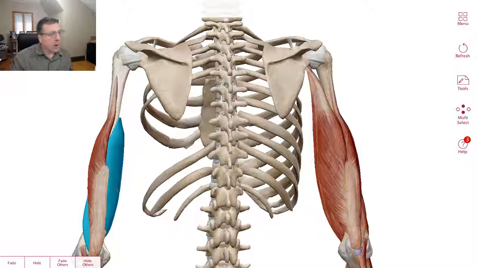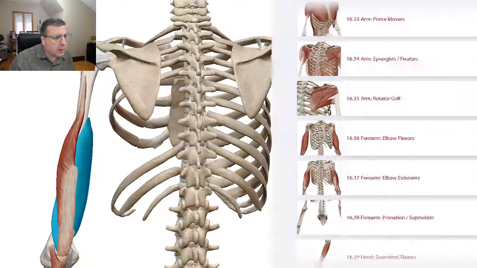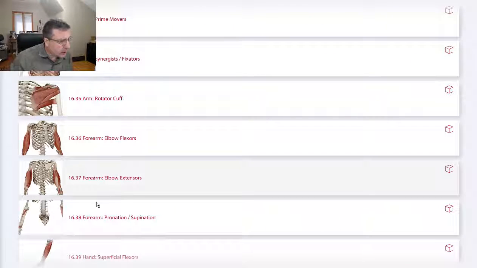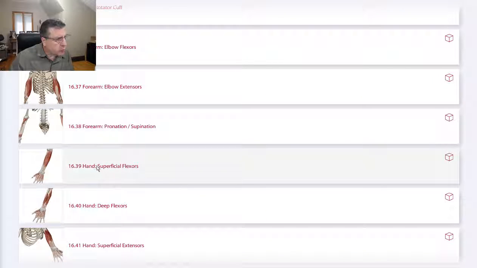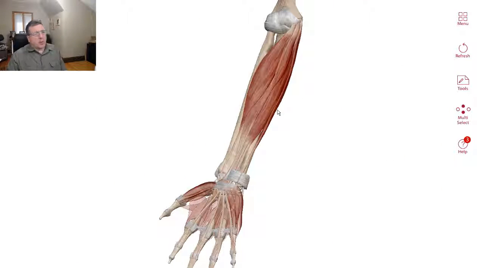The next area, oh, we just got 2 more to go. That's pretty simple. Okay, so we got forearm area. So what video is that? That's going to be 1639. Okay, so this is going to be the forearm, and the muscles we need to know on here,